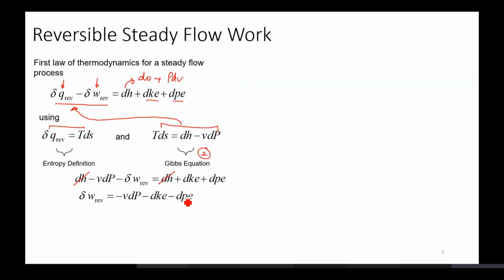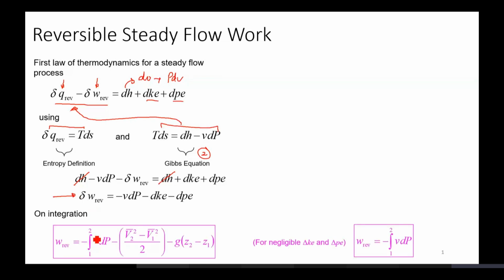And when you need to find out steady flow work, you'll have to integrate this between the two states, 1 to 2, integral VdP. VdP basically defines the path, the kinetic energy change and the potential energy change. And when you have negligible kinetic and potential energy, you would essentially have kinetic energy and potential energy ignored, and work reversible would be equivalent to minus integral VdP from 1 to 2. This is for steady flow work, that is the devices that operate under steady state conditions in